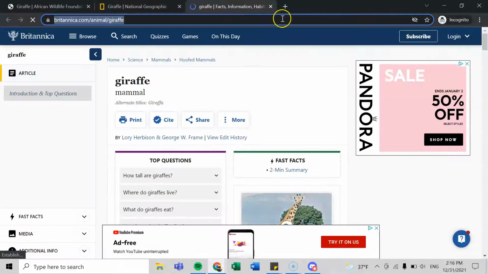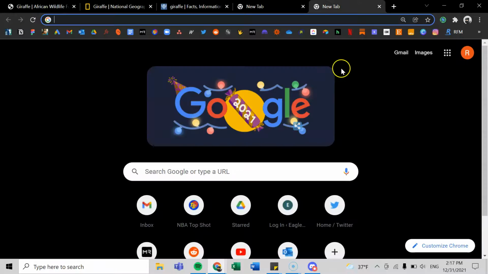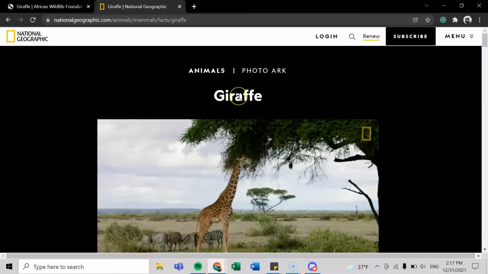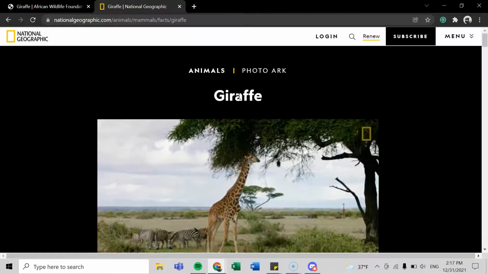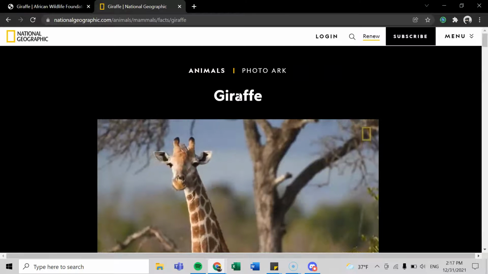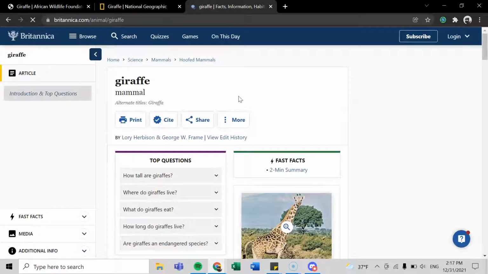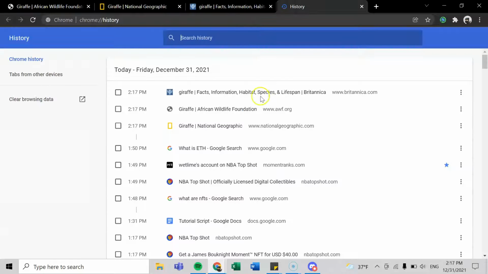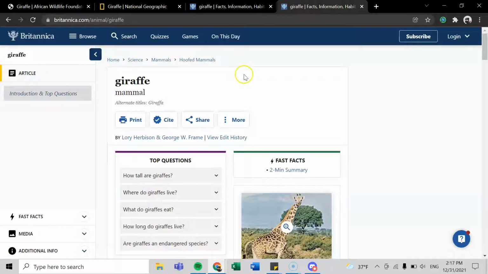Okay. In a normal browser, you're able to Control Shift T. In Incognito, you're not able to do this. So you open some new tabs, you delete them, you accidentally delete it. You're like, oh man, what should I do? How can I get back to that really quick? Control Shift T. We're adding the shift key to our Control T to reverse that process. And again, if you didn't want to use that key command, you can also go to Control H and it'll take you to your history. Boom, your first link that you see is going to be the one that you closed most recently.